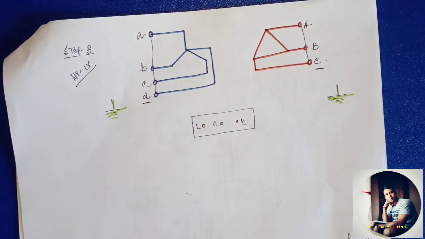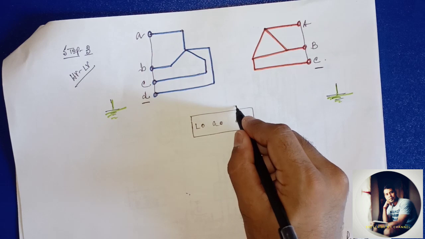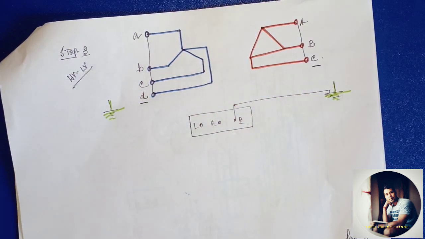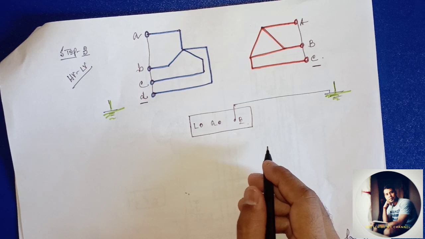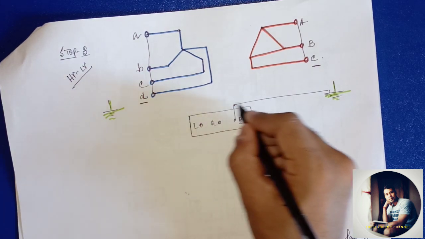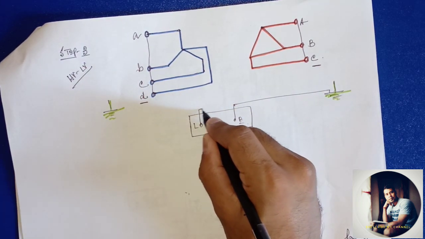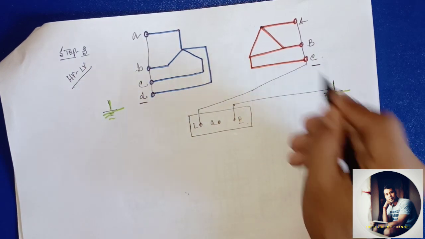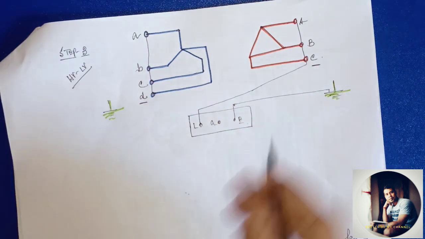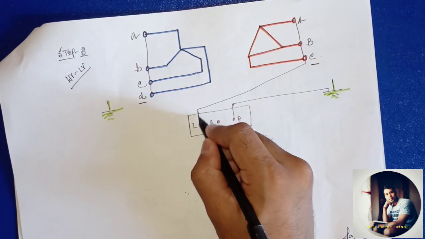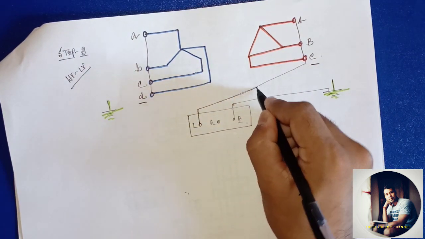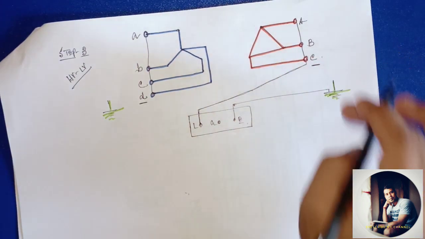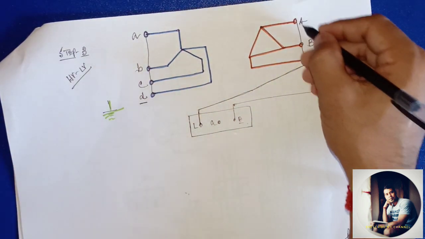After shorting this, please connect earth first, and the L terminal to the live terminal, to the high voltage side after shorting all ABC,